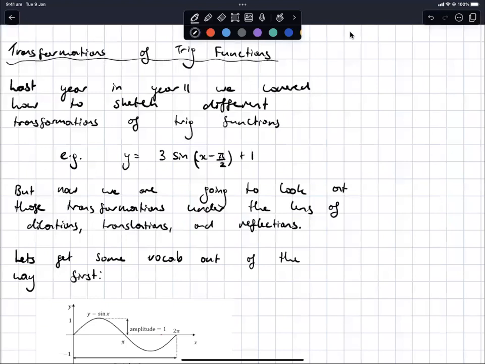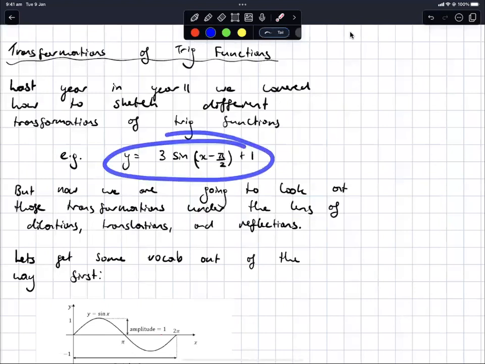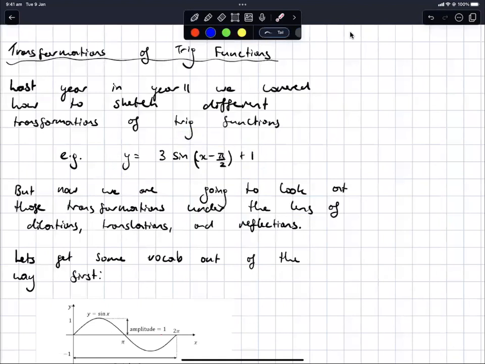Now, in terms of everything, we're going to be really studying and working our way up to be able to draw something that looks like that. That's our aim by the end of the next couple of videos. I'm going to break this down into a couple of different videos so we can work through it. So when we look at the transformations, we're going to be using the terminology dilation, translation, and